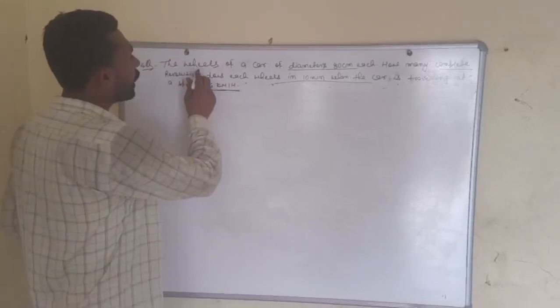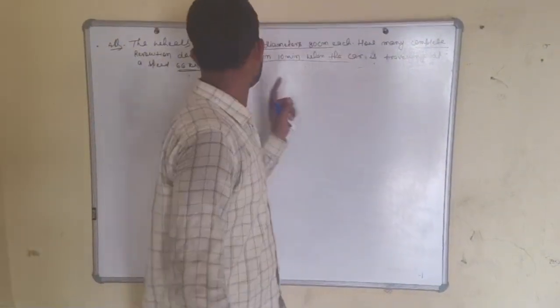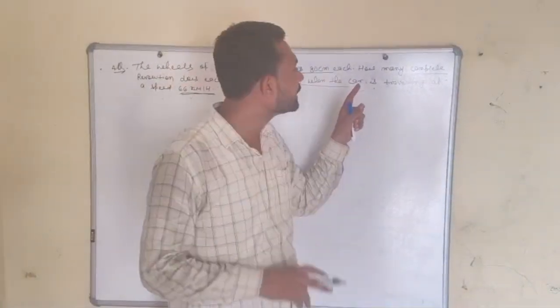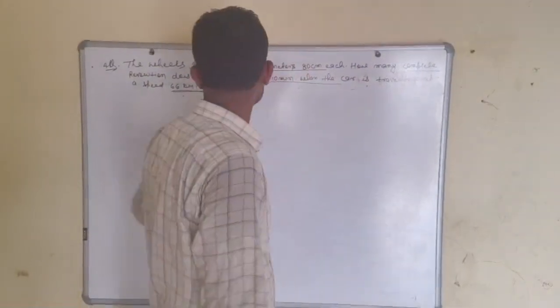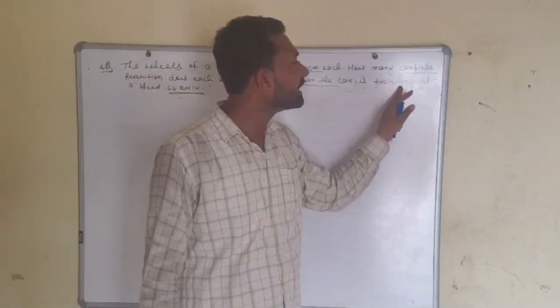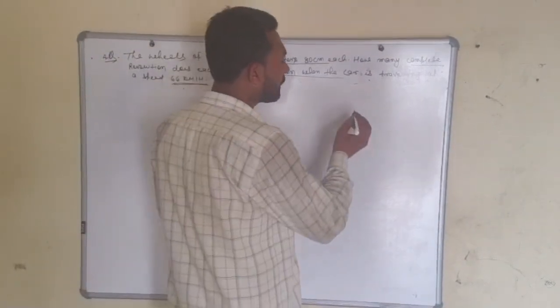Question number 4. The wheel of a car is of diameter 80 centimeter each. Then how many complete revolutions does each wheel make in 10 minutes when the car is traveling at a speed of 66 kilometer per hour? Let us suppose that